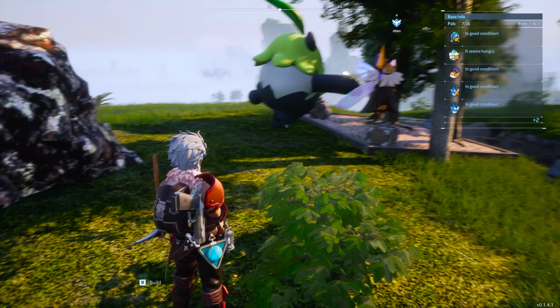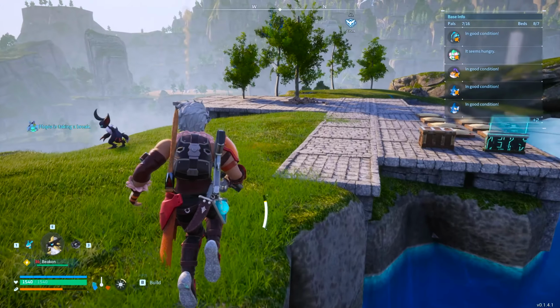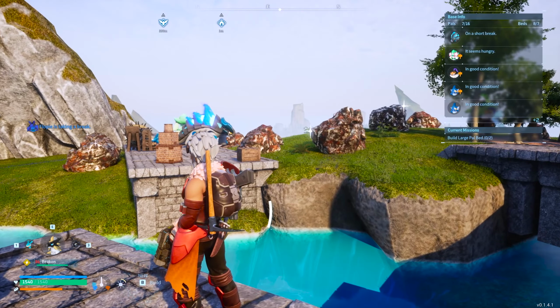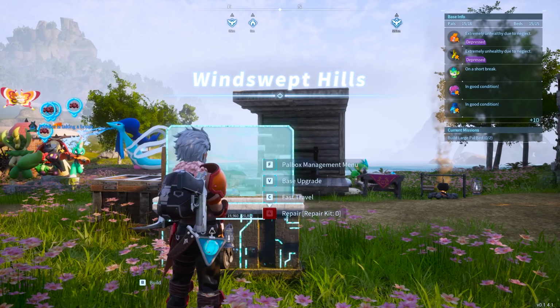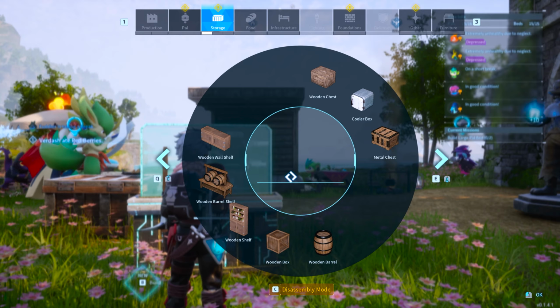And then very soon we're going to get the huge feed bag, which again is probably not top priority, but still cool nonetheless. Now, I think I was going to head back to base to craft some cement, because it seems like that's something we're going to need very, very soon. Unless there was also